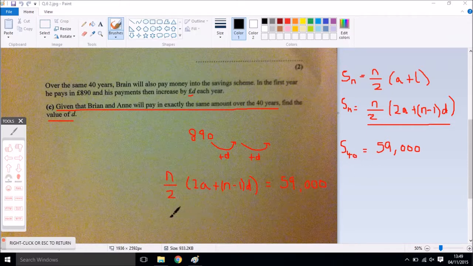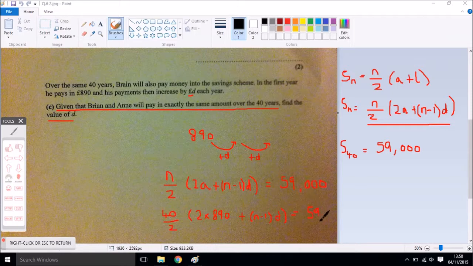So it's just subbing everything in. n is equal to 40, so 40 over 2, and in brackets we have 2 times a, and a is actually 890 for Brian. So 2 times 890, and then plus n minus 1 multiplied by d is equal to